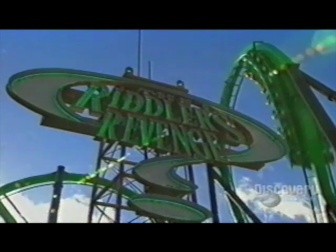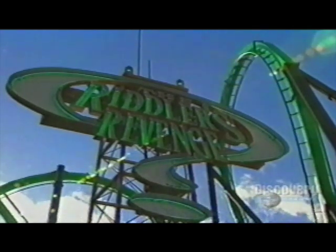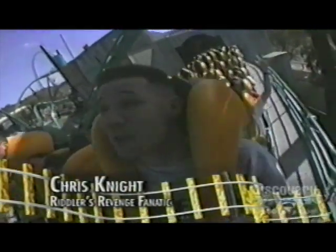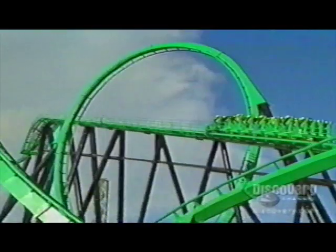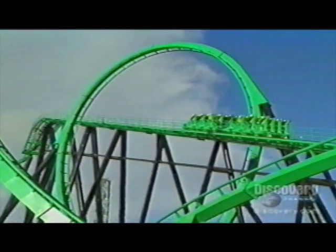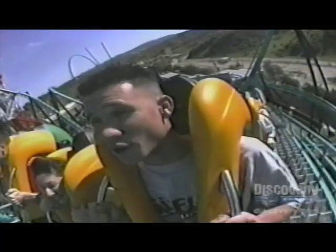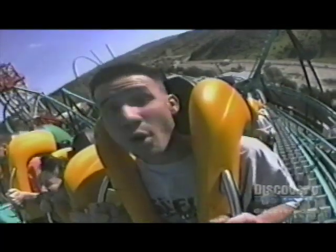Okay, what is green, extreme, and full of scream? That's right, it's the Riddler's Revenge here at Six Flags Magic Mountain. My name is Chris, and I'm one of the maintenance employees here. Riddler's Revenge is the world's largest, tallest, fastest stand-up roller coaster. It goes upside down 6 times, 4 different ways,